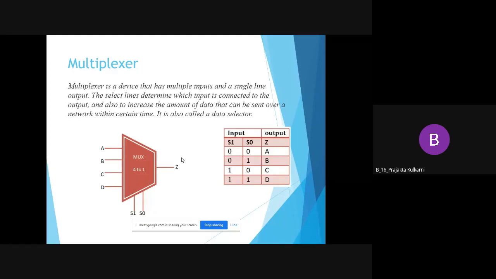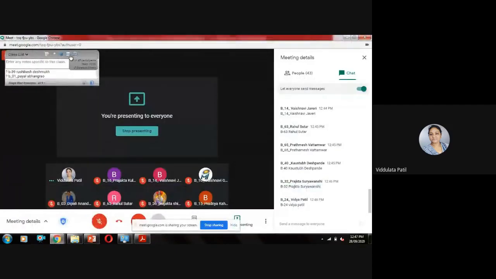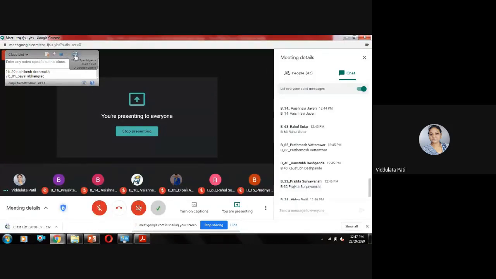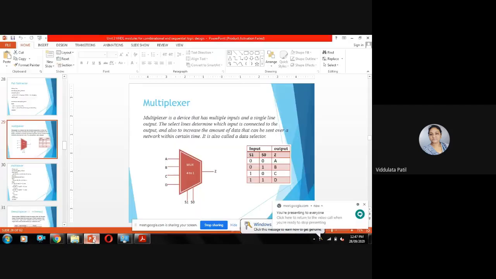Lakshmi? Rahul? So what is meant by entity? That is the description of what are the input and output ports.